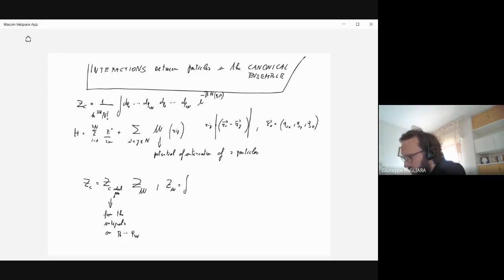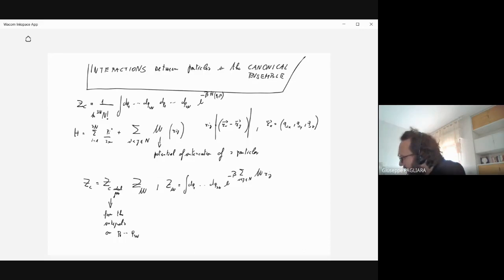Okay, so this will be the integral of dq1 to dq3n, and here I have e to the minus beta sum from i less than j less than n of u